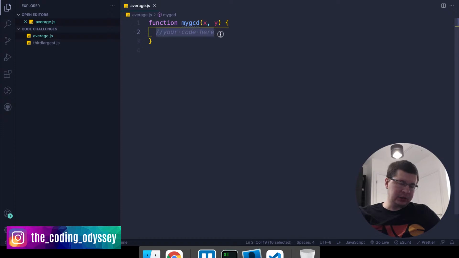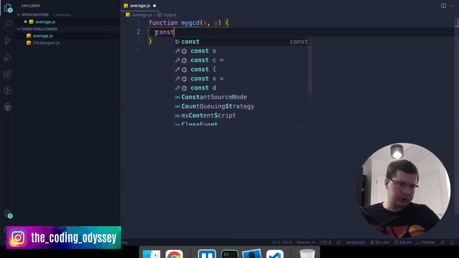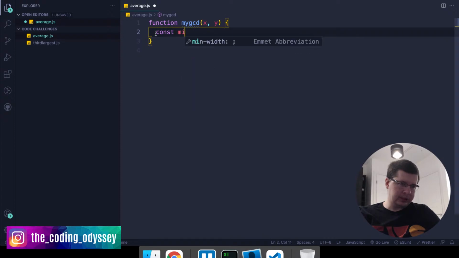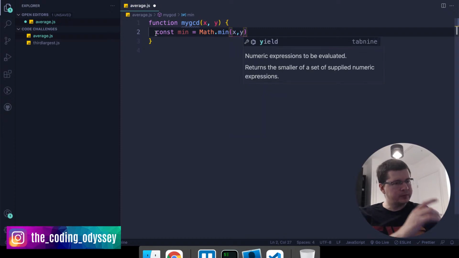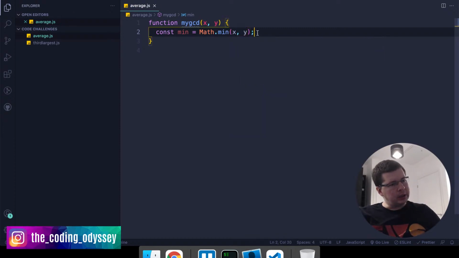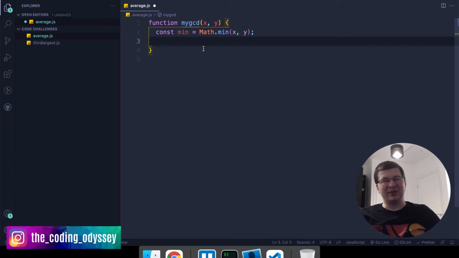I will first find the minimum between these two numbers, and I'm going to say const min equals Math.min of x and y, and then I'm going to find the half of that, because you can't really have a divisor that's higher than the half of it, right? So we want to find const half of min